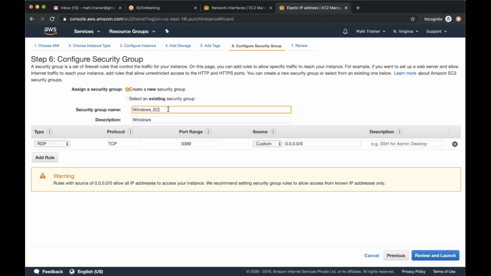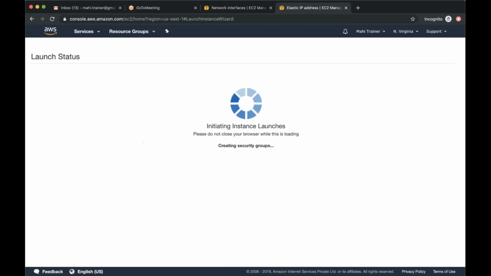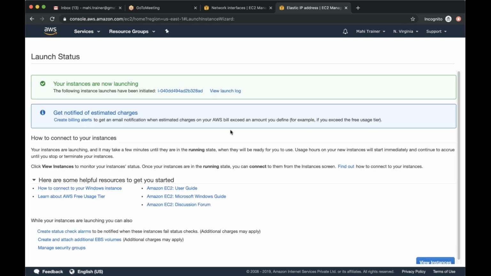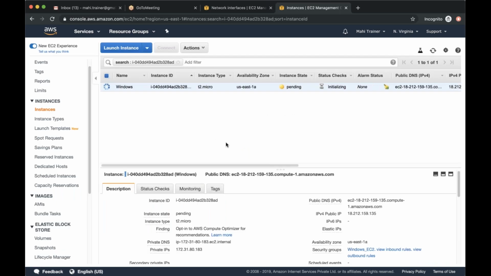Yeah, EC2, something like this. Launch again, launch again. So as you can see, as part of the creation, it's actually evaluating before it starts the wizard for creating it, which is good. So usually Windows takes time. It can take up to 5 minutes before it's completely up. So we leave it at that, and let's look at